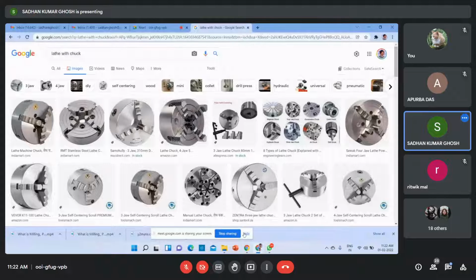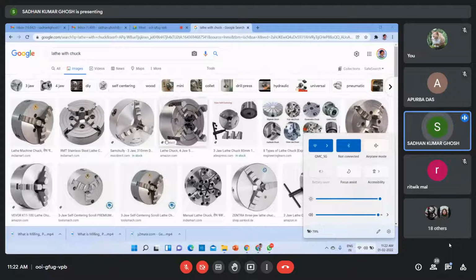Yes, sir. So we call these chucks, the three-jaw chuck and the four-jaw chuck. And this is mounted on the lathe in place of the faceplate. You remove the faceplate and you can fix it. Now, what we do is, you fix the job here with the help of these jaws.